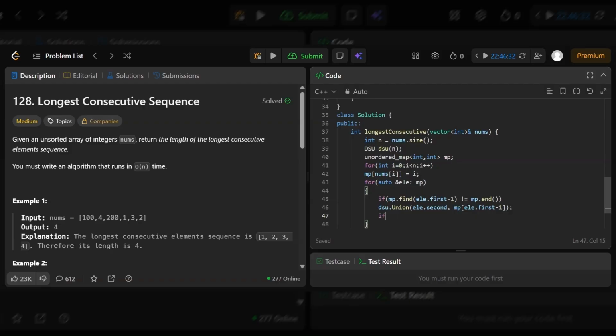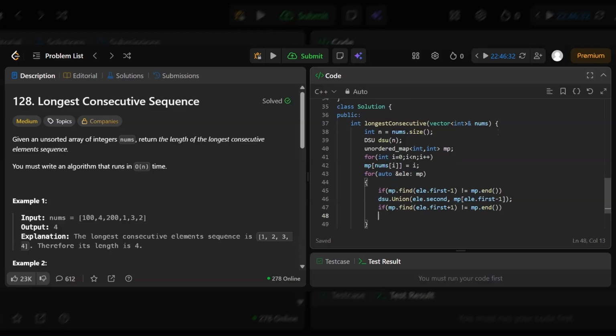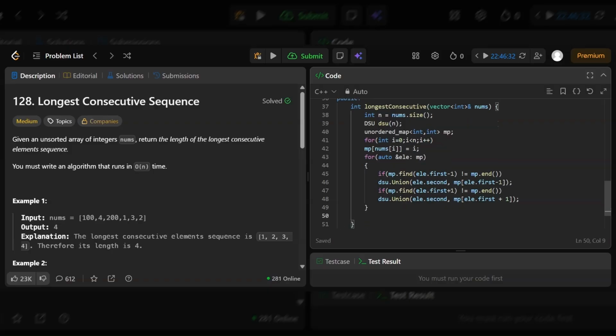If you find plus 1 also, then also you will do the union of second with whatever index is found.